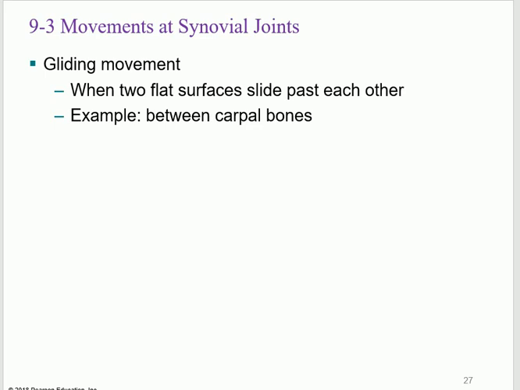For those, I will ask you about the examples. What does it mean? An example. Gliding, gliding. Okay, you're moving flat. And the example is carpal bones. Do you guys remember the 8 carpal bones and the 7 tarsal bones? These short bones, they move like this. If I move this, they are actually gliding on each other. So you do need to know the examples. This is usually the question. What does it mean? And give me an example.